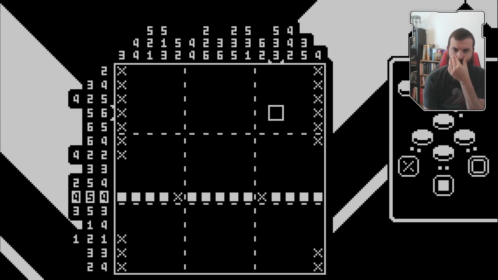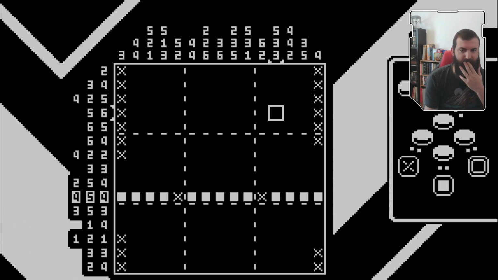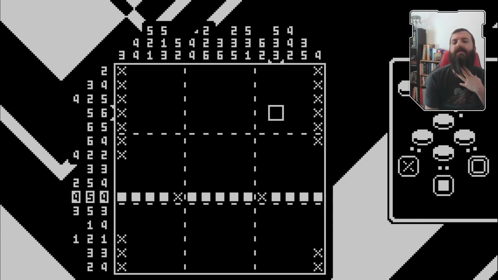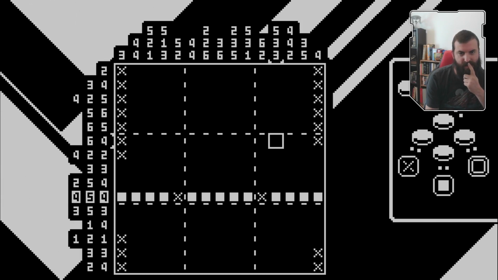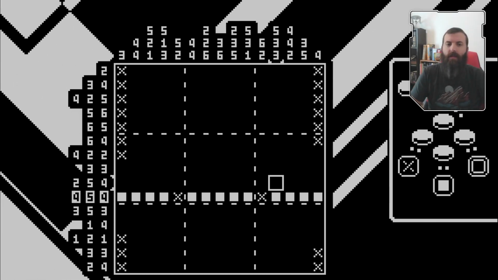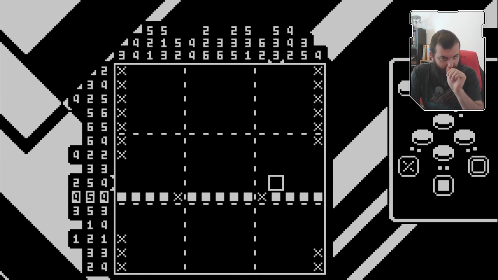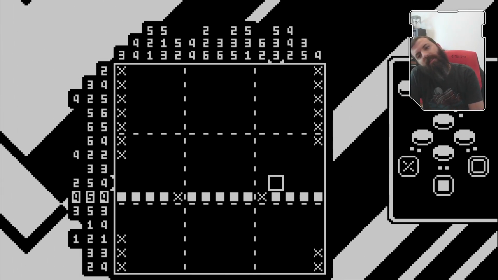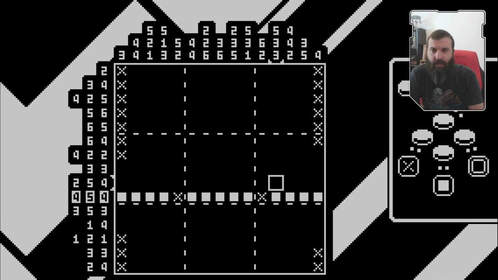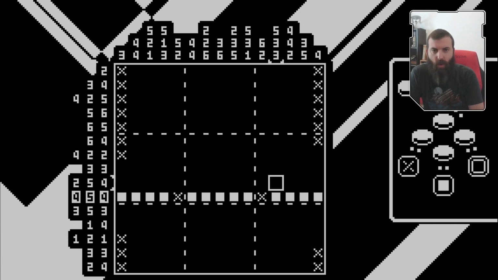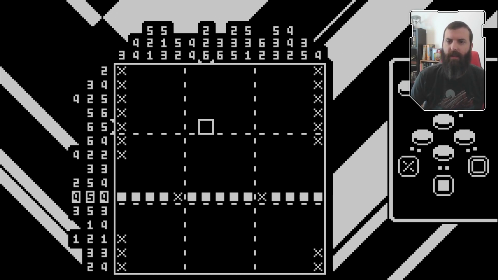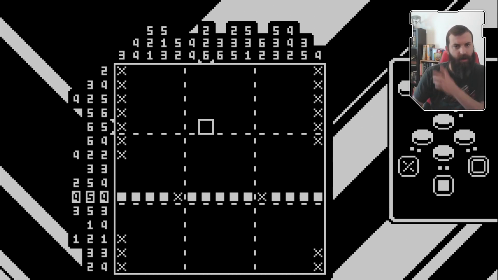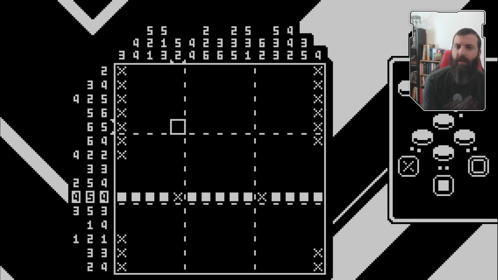I'm wondering if there's a better way that I can go about this. 2, 5, and 4 does lock us in more, but not completely. I kind of feel like these 5 and 6s are where I need to focus. I need to figure this out. So